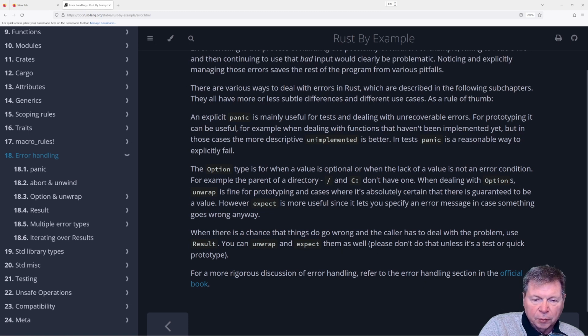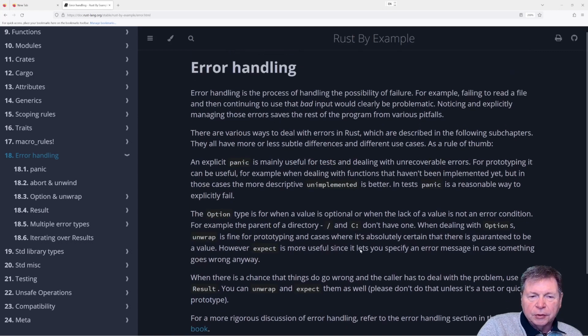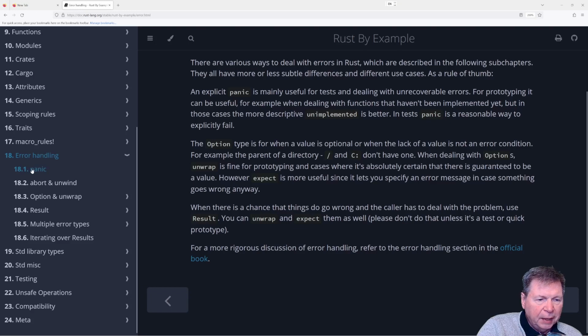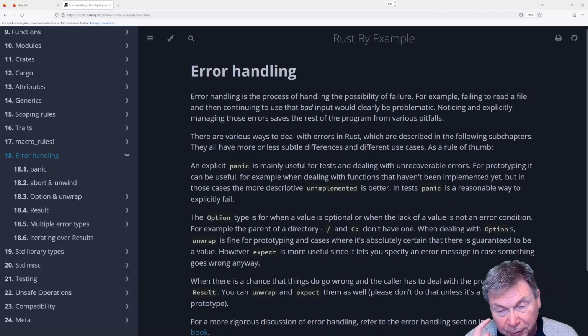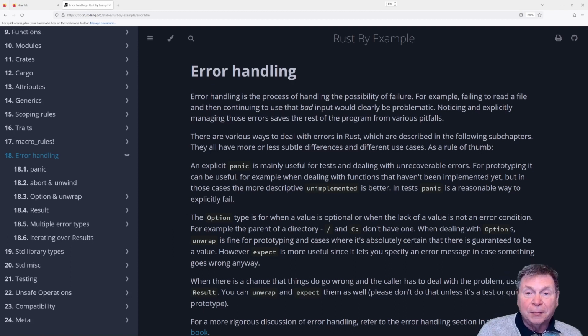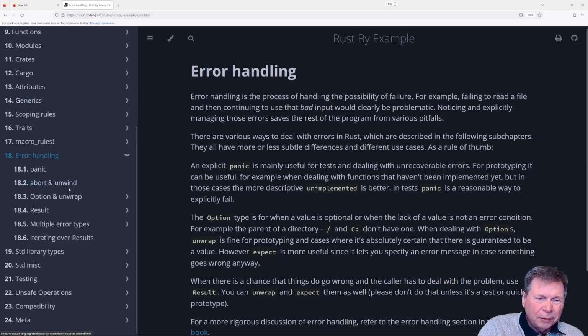Okay, for more rigorous, so the official book. All right, there's a couple of different things. The panic sounds like it's what the name implies. Stop right now. We'll see what all the other stuff is. Unwind, usually that references the stack. Unwrap will be interesting.